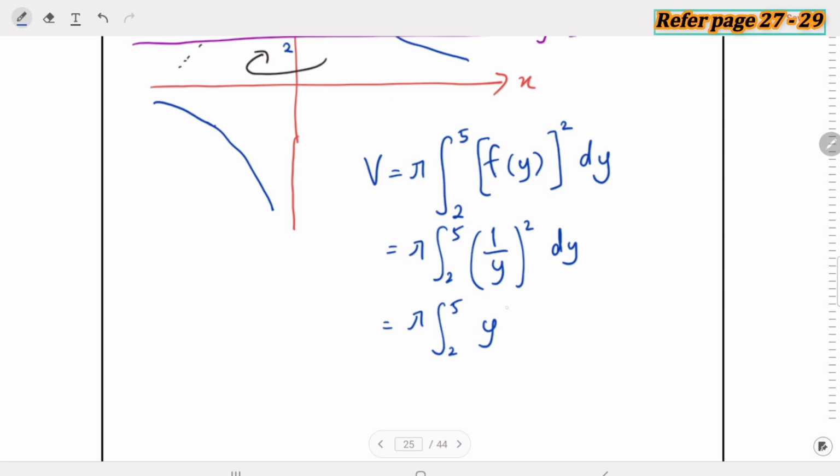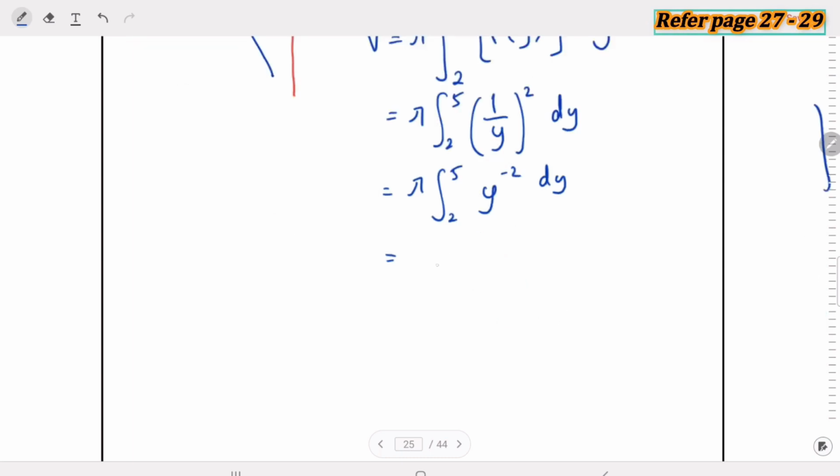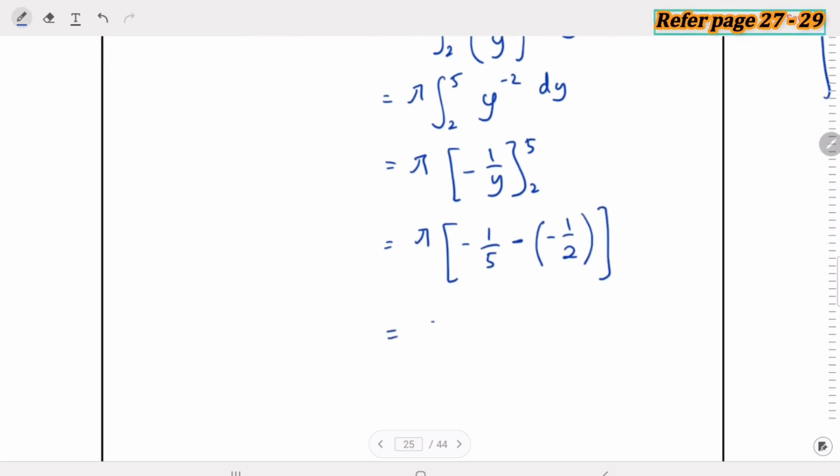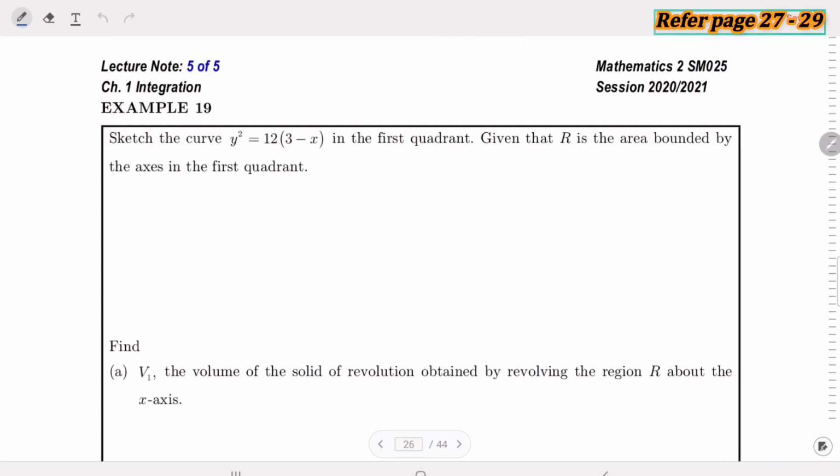So y to the power of negative 2 dy, y to the power of negative 2, integrate, so we are getting negative 1 over y from 2 to 5. So subtract negative 1 over 5 minus negative 1 over 2, and your answer would be 3 over 10 pi units cube. Example 19. Sketch the curve y squared equals 12(3 minus x) in